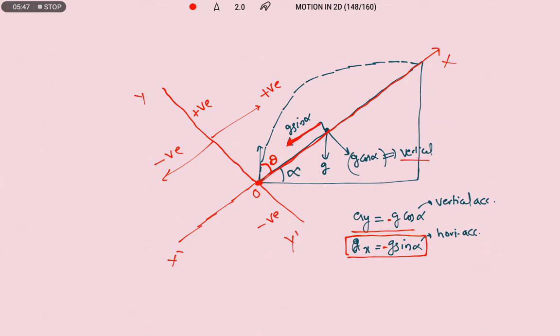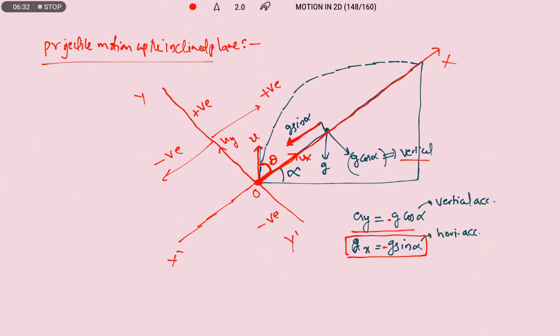Right, now I am discussing projectile motion up the inclined plane. Here the initial velocity of projection is u. A projectile is projected into air from the bottom of the inclined plane by making an angle theta with respect to the inclined plane. We resolve this velocity into two components with respect to the inclined plane only: this is ux and this is uy.